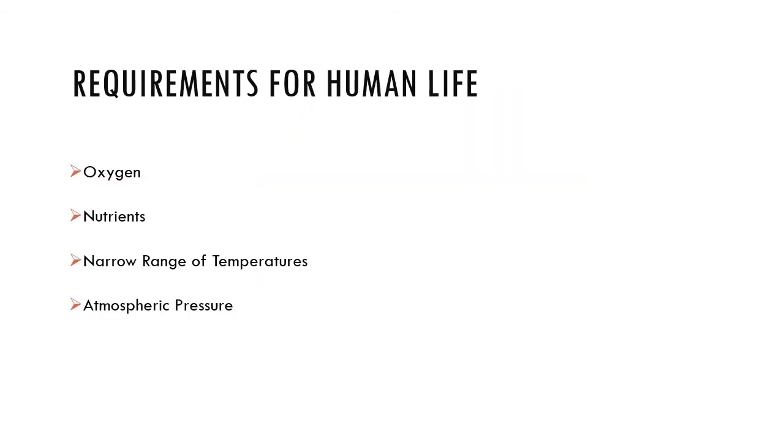So, requirements for human life. These are things that every single person on the planet requires. Okay? We need oxygen. That's the first thing we need. Then we need nutrients, coming from our food. That's fats, proteins, carbohydrates, vitamins, minerals, all the building blocks that make up our body. We also need a narrow range of temperatures,